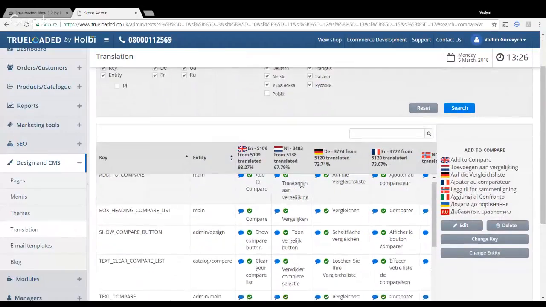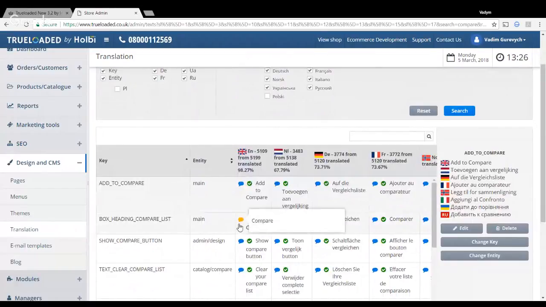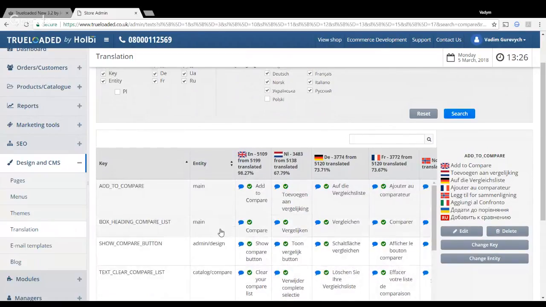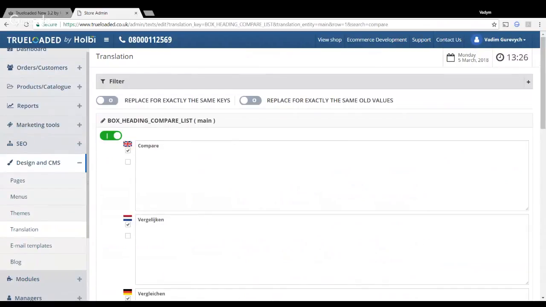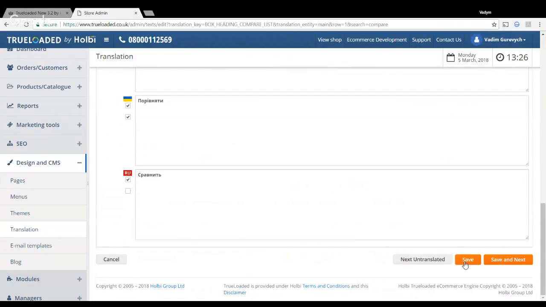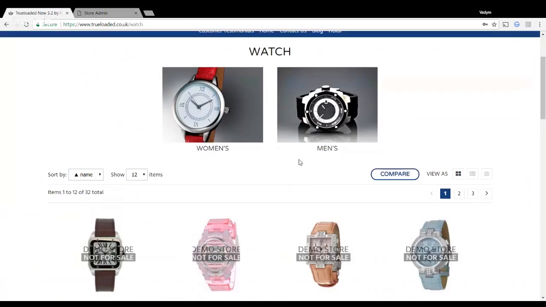Now we see that there are several string variables here, which are used in various parts of the system, main module, in the back end as well, in the catalog, and so on and so forth. So I suppose it's this button here, compare. I press edit, and here in the English translation, I put in compare products. I press save. I go back to the front end and I press F5 to refresh, and here we are. So I have now changed the text of the button